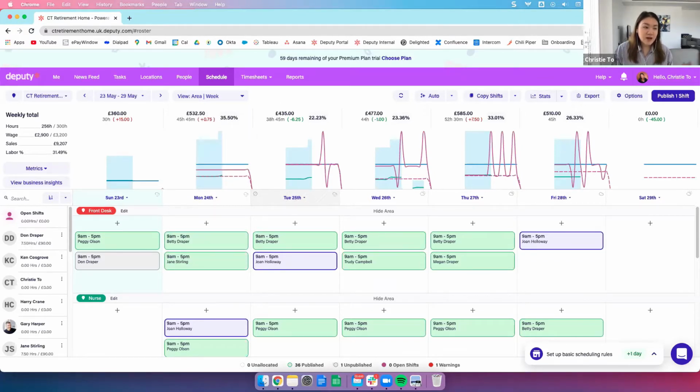All right. So as I mentioned before, if you hover over any of these days, you'll see a detailed breakdown of wages, sales numbers, and any forecast data you may have put in. So along with the actual stats bar,